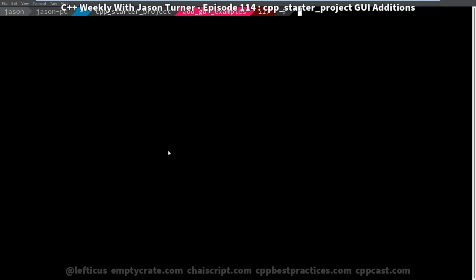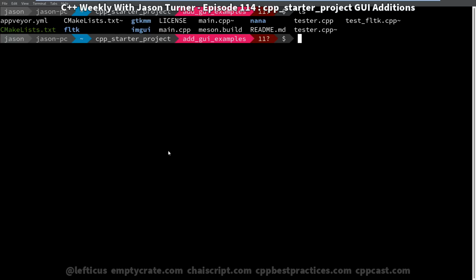Well, I decided that it was time to do some additions to it, and as you might be able to see here from the name of the branch that I'm currently operating on, I've added some GUI examples. Now, I do not pretend to be an expert in any of these GUI toolkits, but I thought,